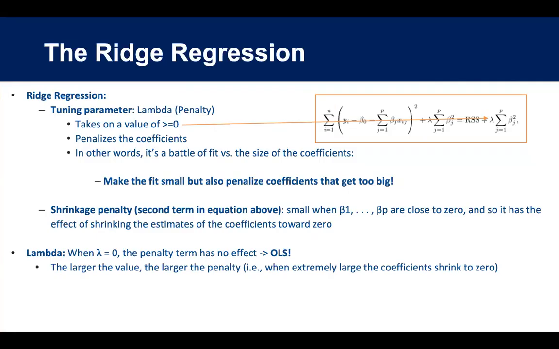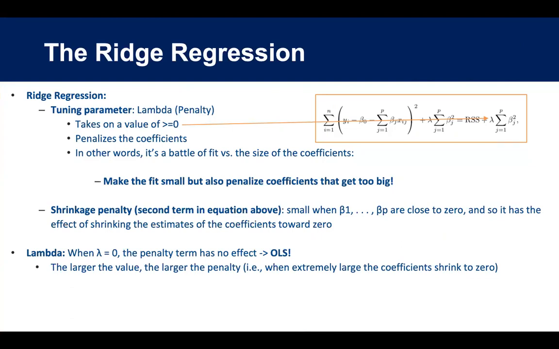Okay, first with ridge. So with ridge regression, you can see there that the ordinary least squares is, in part, a component of this. You can see in this equation to the right, RSS. The additional component is what's called a tuning parameter, or alternatively lambda. And we can think of lambda as a penalty. This penalty is going to take on a value of greater than or equal to 0, and it's going